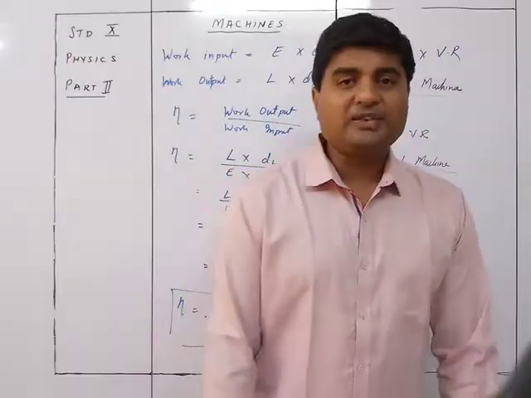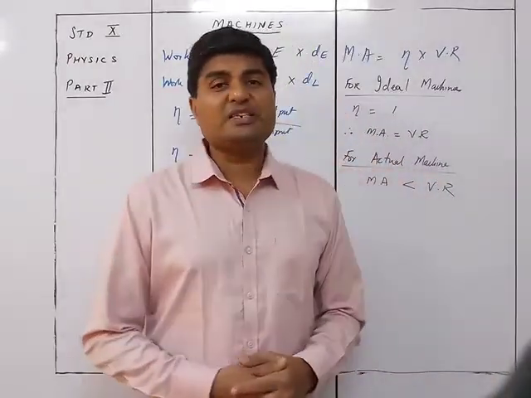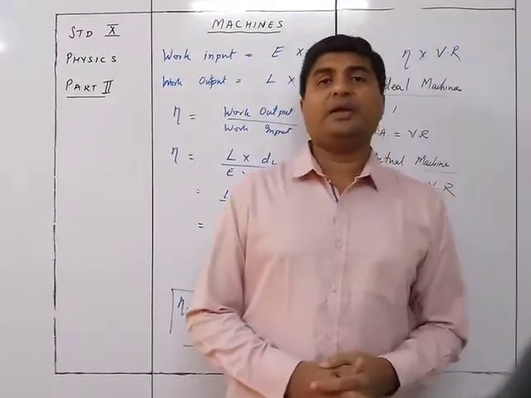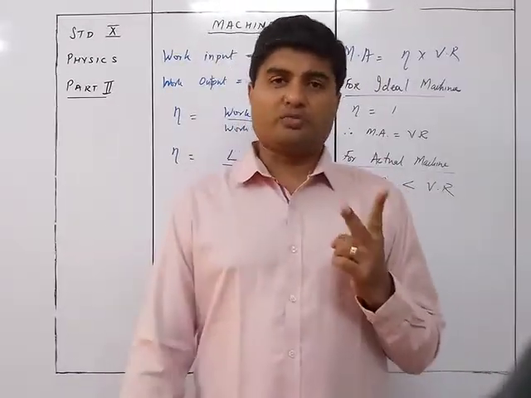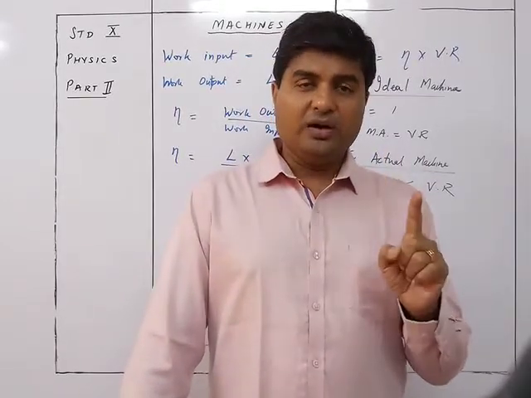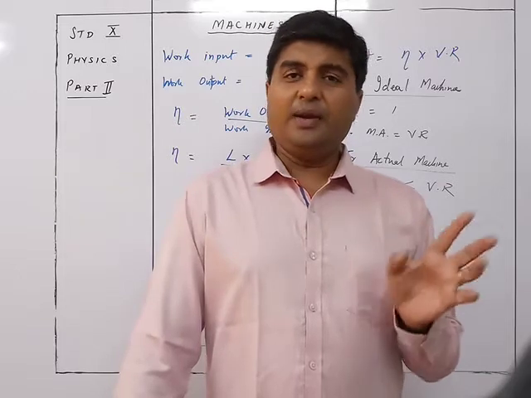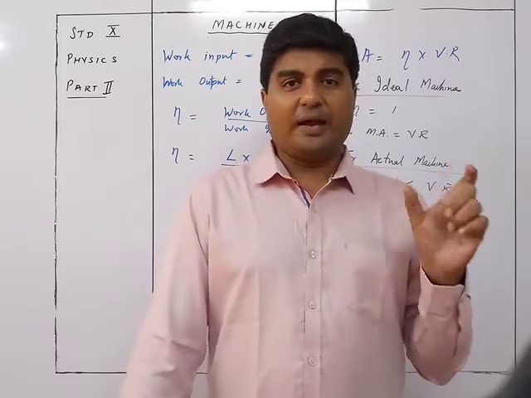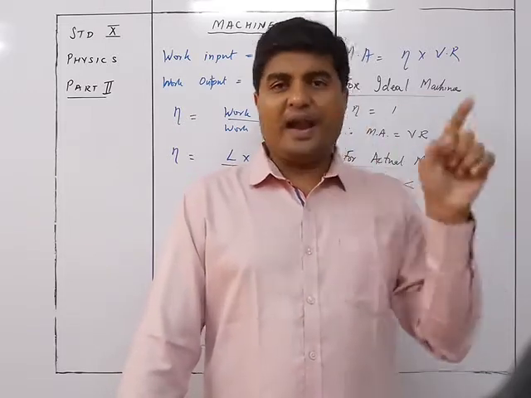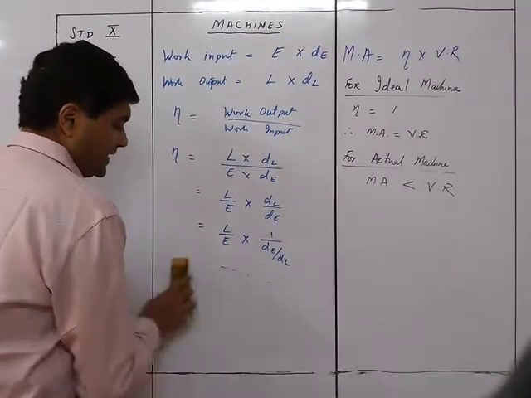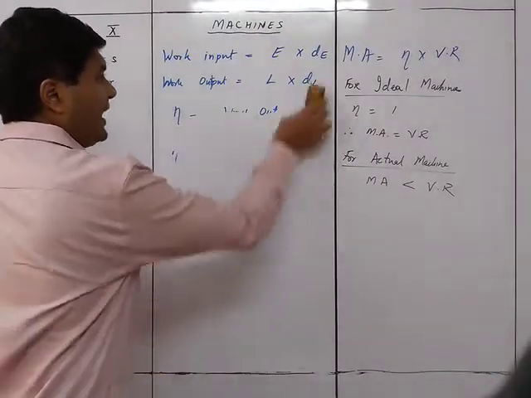Now we come to the next part of the chapter, that is the first kind of machine. So now we will be seeing the different kinds of machine. In your syllabus, you have got only two kinds of machines. One is a lever and second is a pulley. So lever, of course, there are three kinds of lever, and in pulleys also there are different kinds of pulleys, but the major heading for the machines which we'll be learning will be a lever and a pulley.